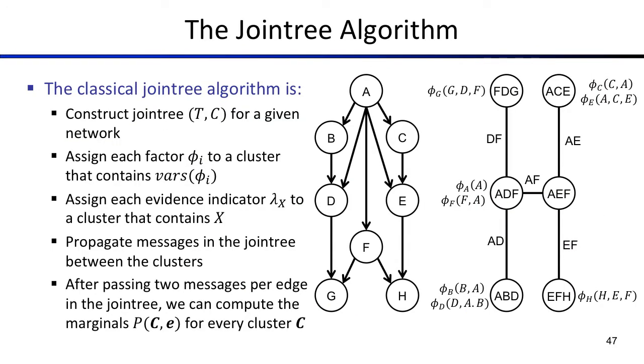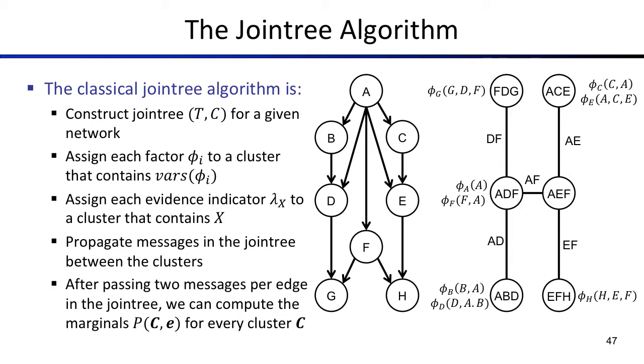So this is the Jointree algorithm. Let's take a look at how we can operate and make inference using Jointrees. It's going to be a sequence of steps. The first step is to construct a Jointree given a network, and we still don't know how to do this. For now, we're going to assume that we have this Jointree given as input, and we'll just follow the